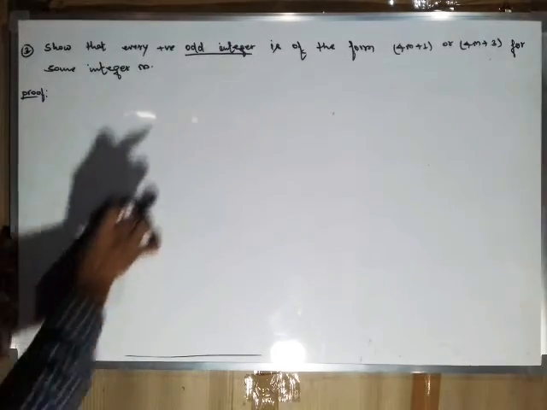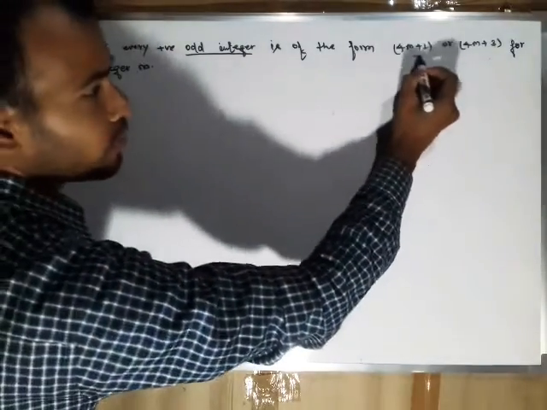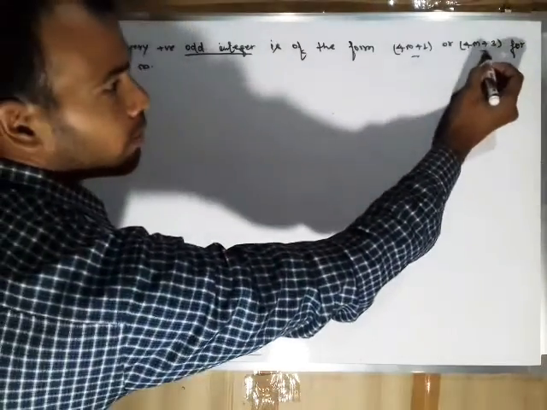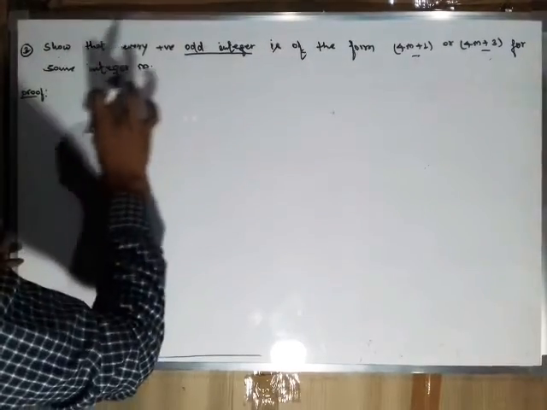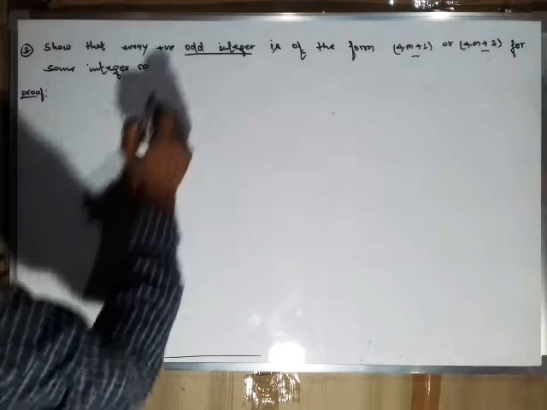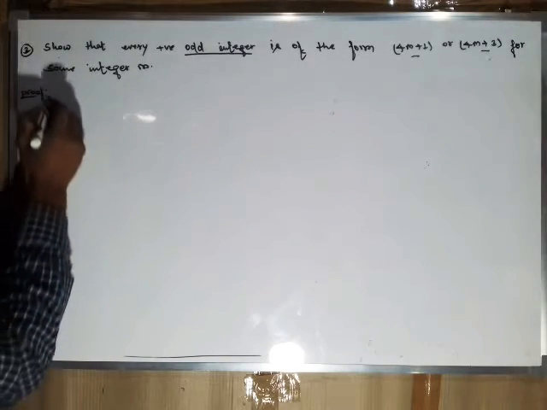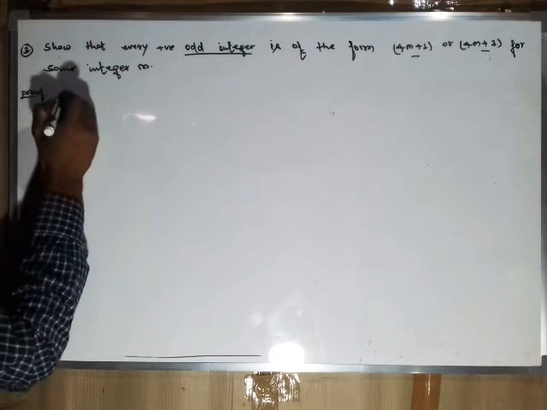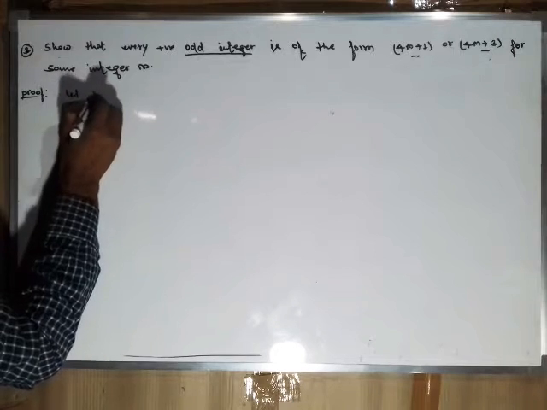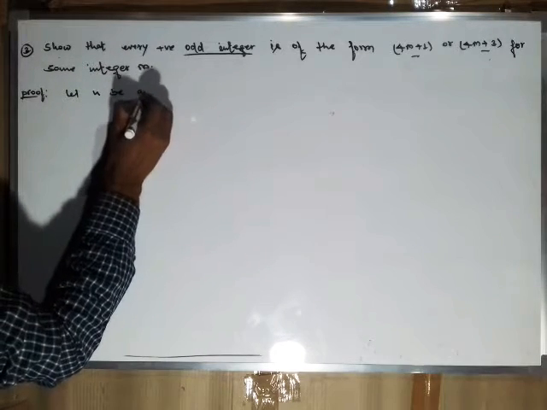So now here is the third application of Euclid division lemma, so that every positive odd integer, only odd integer, every positive odd integer is of the form 4m plus 1 or 4m plus 3 for some integer m. Clear? Only every positive odd integer. Same. Let's start proving. Let n be an